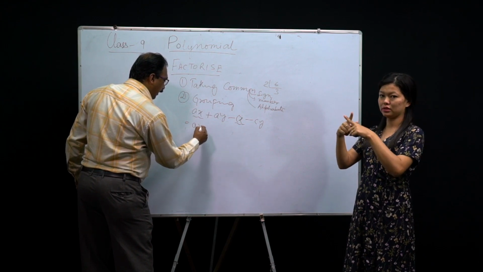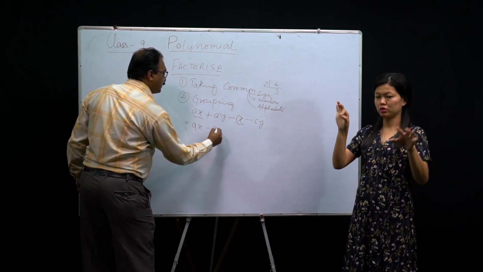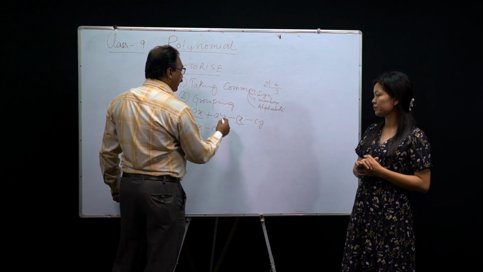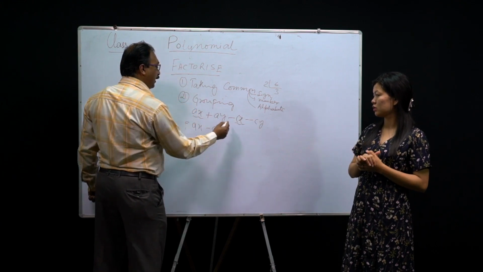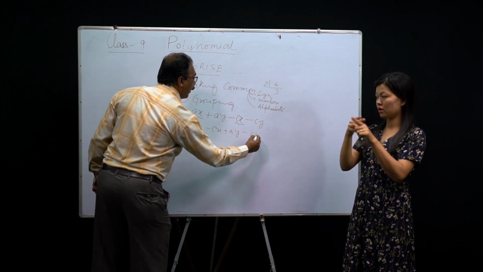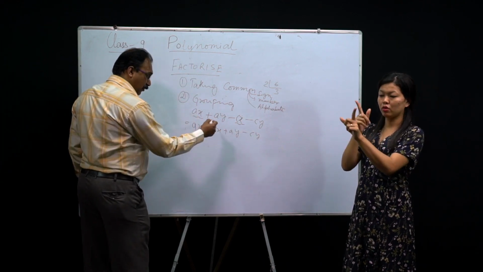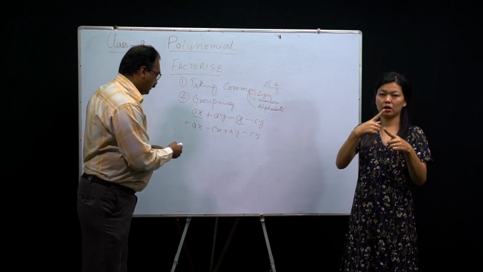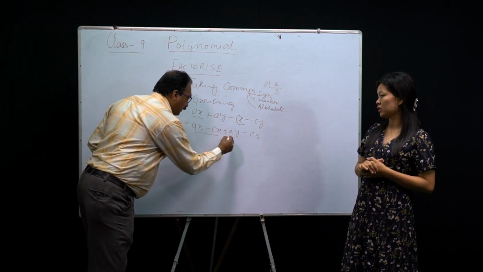Write first, ax minus cx. Then I'll write this one, x. This will be right. Which one you have to write? Each one, write ay and minus cy. Now we have already arranged a group. I consider this one is one group and this is another group.